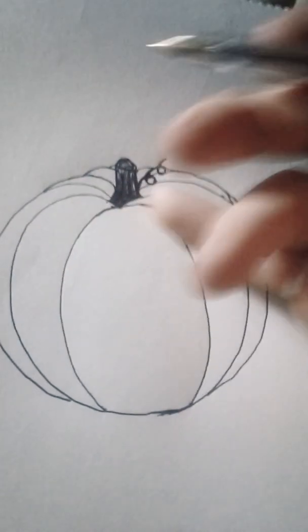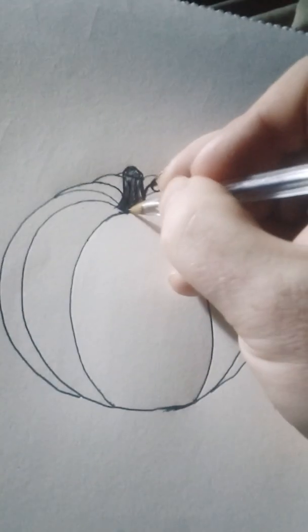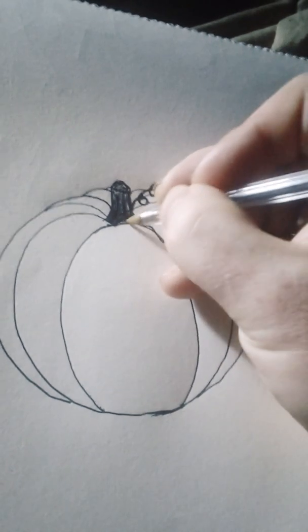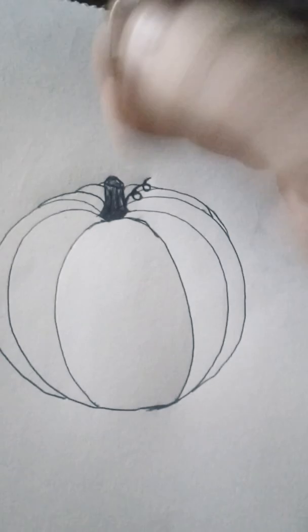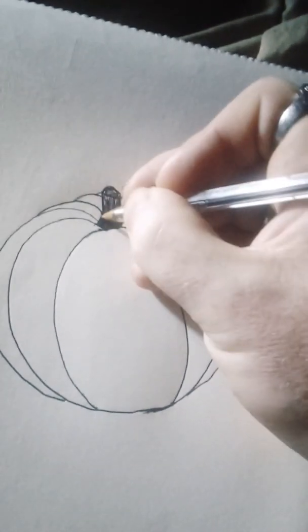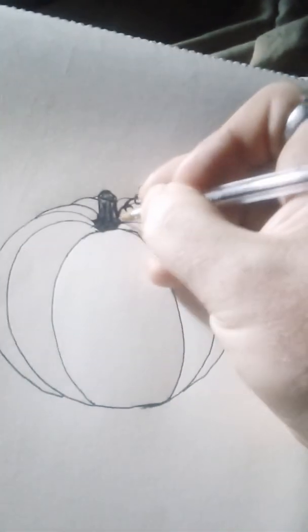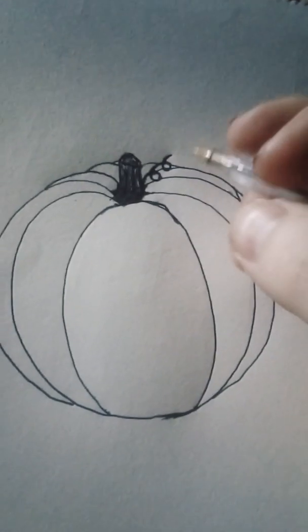Don't worry too much if the lines are a little bit off. You can always just darken the shade or the line. And when it's like this, you can always just do that, see? You can always just touch it up. That's a good thing about this piece right here. So,